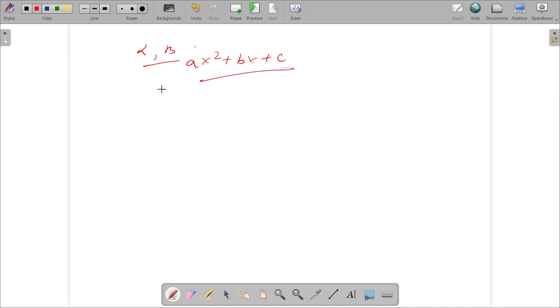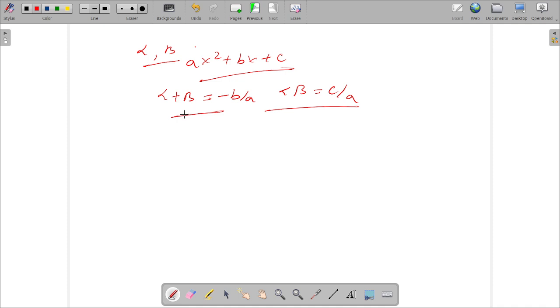I do not need to discuss this directly, because in the previous short video I described these. Alpha plus beta equals the sum of the roots, minus b by a. Alpha beta equals the product of the roots, c by a. This is the relationship between the coefficients and the sum and the product of the roots. Okay, anybody can find these things.